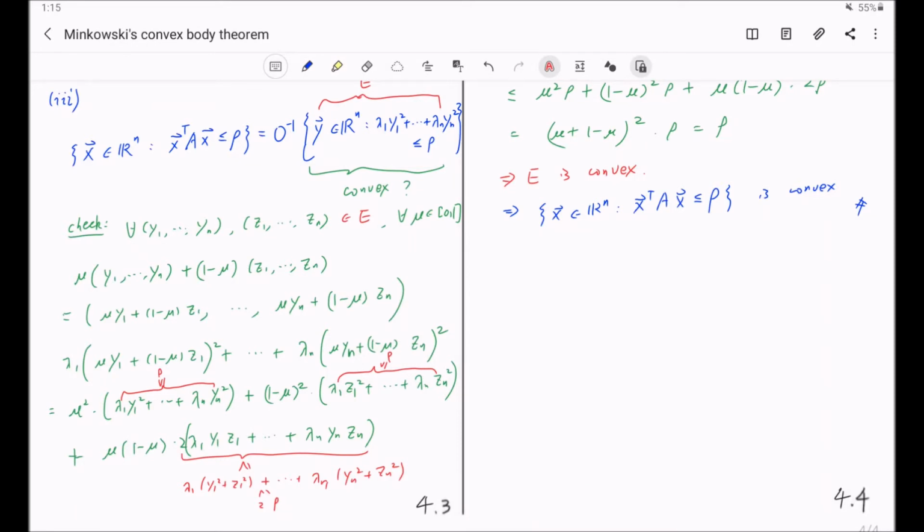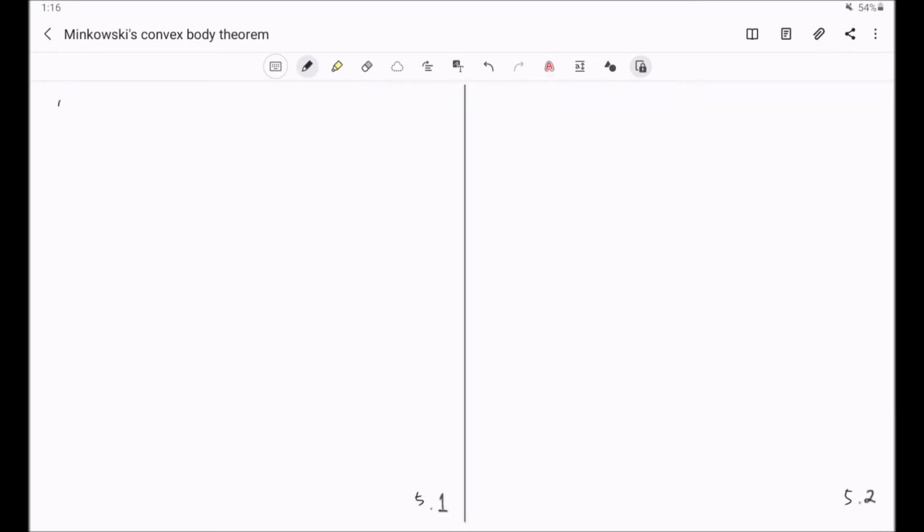And now, in order to invoke Minkowski's convex body theorem, we are going to study the volume of this guy, which is an ellipsoid in the geometric sense. So the volume of the set we want to study, if you write this as an integral of the indicator function against the Lebesgue measure on R^n,